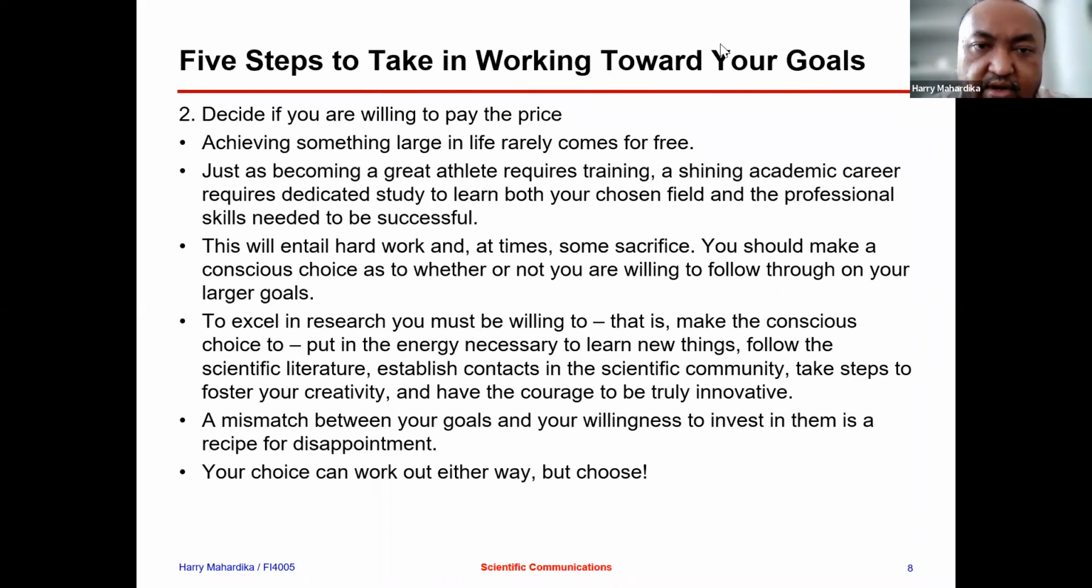The second one is to decide if you are willing to pay the price. You will be sacrificing your time: your time of sleep, your time for leisure activities, your time for gathering with friends, the time when you need to gather with your family, and so on. And you need to study. You need to spend more time to study more, to look for literature more, to do measurements, to collect